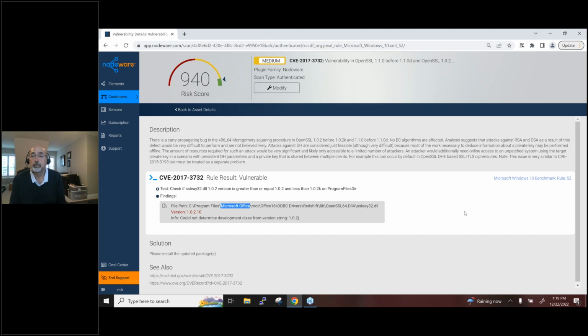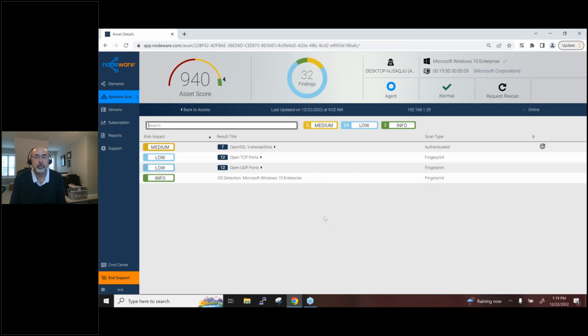So if this wasn't Office, let's say it was Splashtop or some other program, you can work with the company and make an educated decision. Is this a program that's needed for business to run on a day-to-day basis, or can it just be uninstalled and we can eliminate any of these updates or support issues that may come with it? So that's a real time saver. We've had our MSPs report $40,000 to $50,000 a year in time savings because they don't have to go research and do software inventory to actually find out what is causing that to pop.